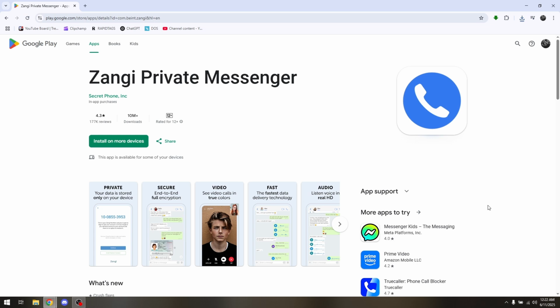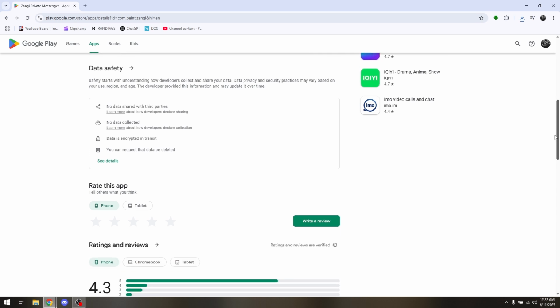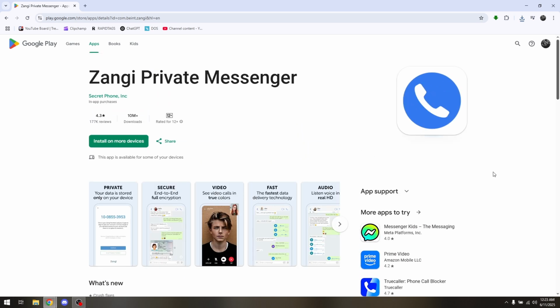How to download and install Zangi app on laptop or PC. Now, this specific platform or application right here is only available for mobile devices. Now, if you're going to be downloading this app using your laptop or PC, then you need to run on